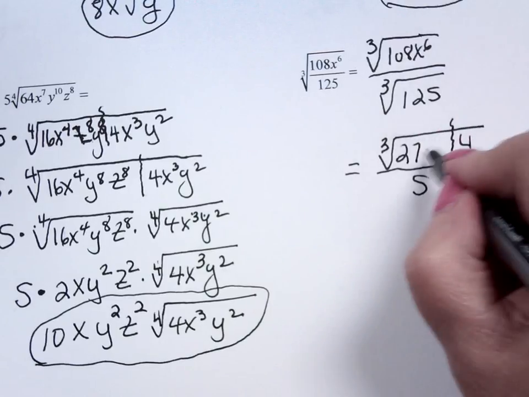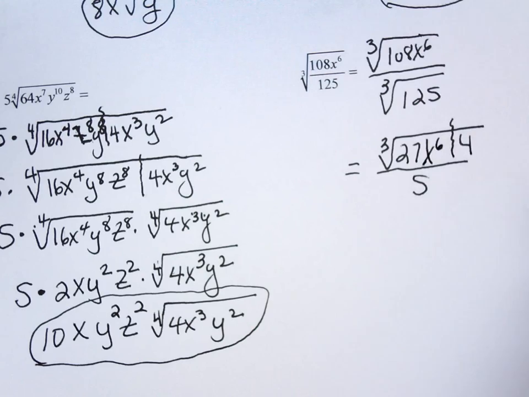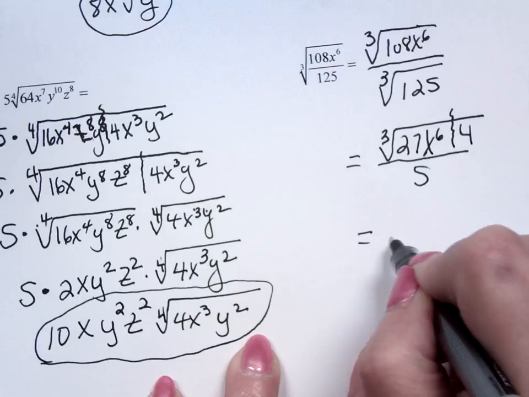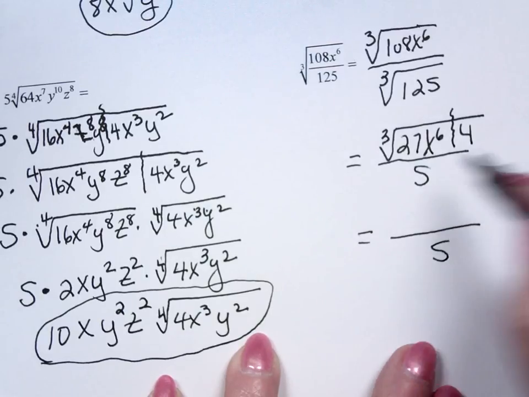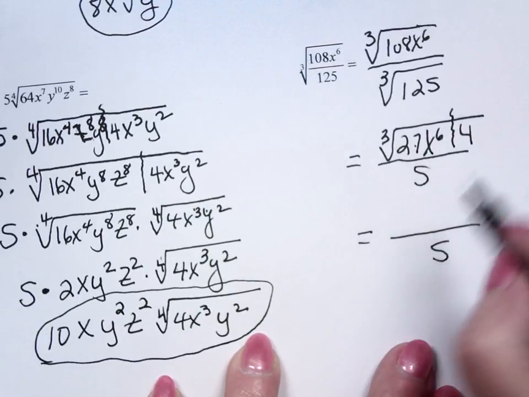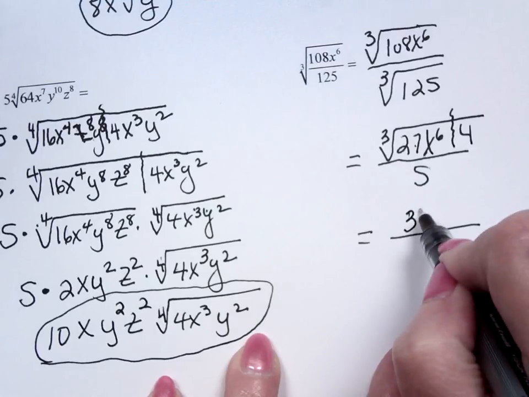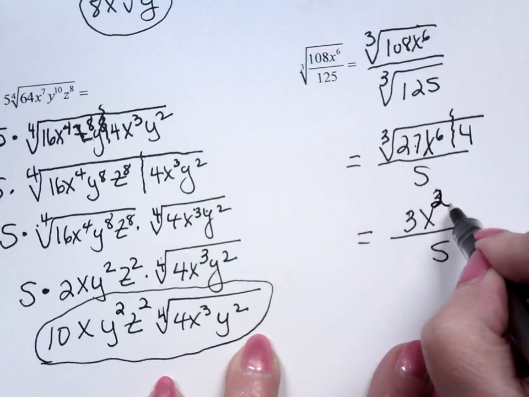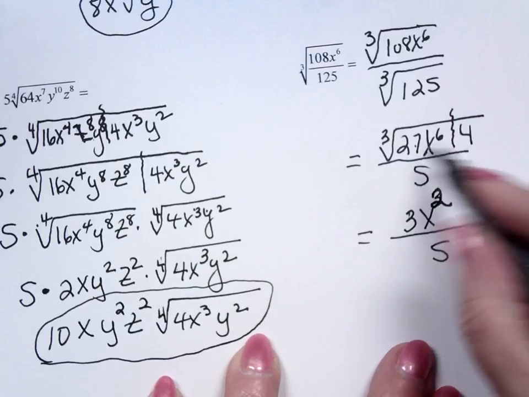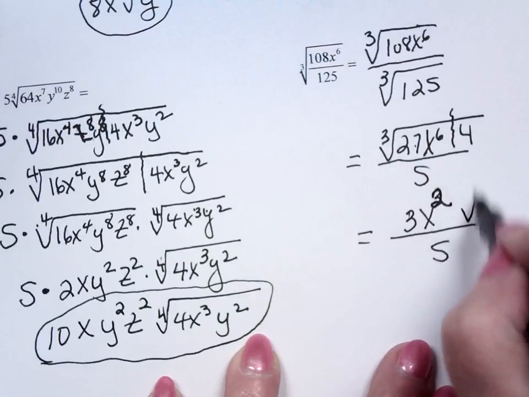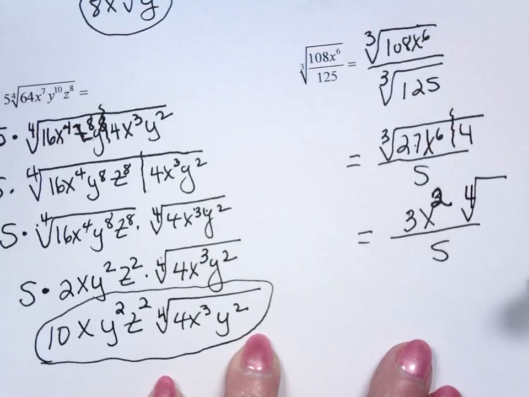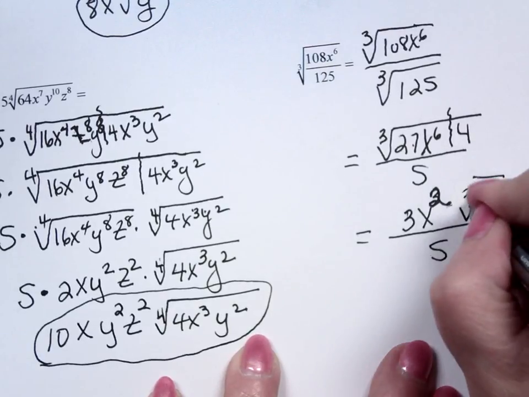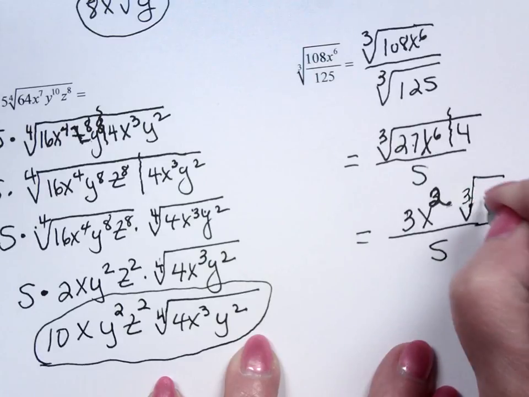And x to the sixth is a cube because it's divisible by 3. It's two groups of 3. So the cube root of 27 is 3. X to the sixth is x to the 3. It's x to the 2. And then the 4 is on its own. Now look at that. This is all recorded for posterity until I re-record something. Cube root of